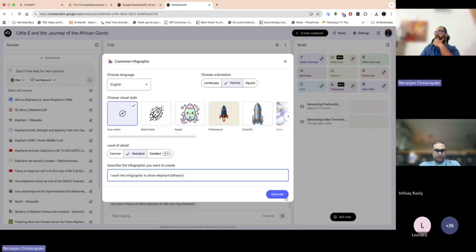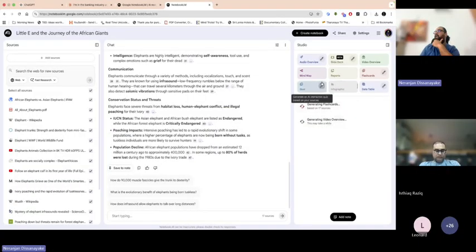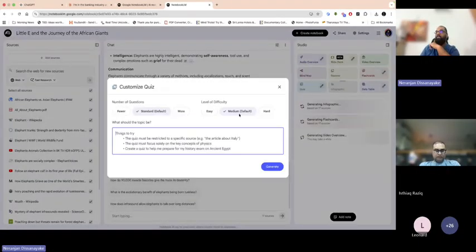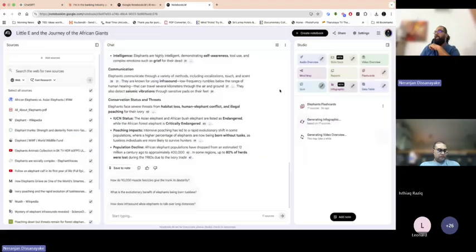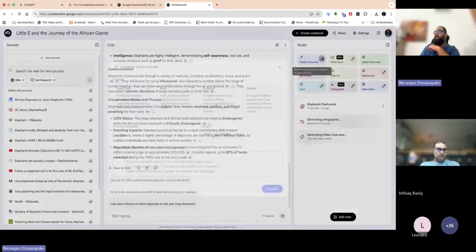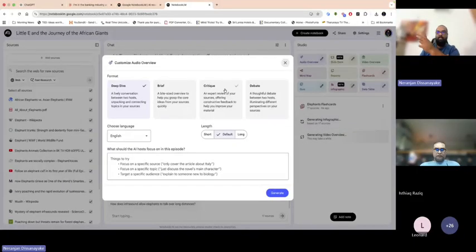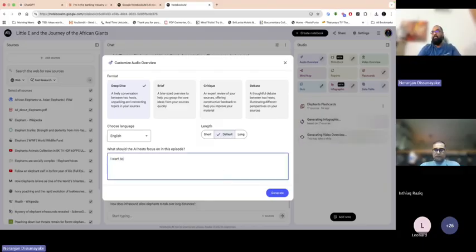Let's try generating that. And if you want to create a quiz to study, or if you want to create a quiz for someone else, you can do that as well. Number of questions you can select, the level of difficulty you can select. And if you want to create a video overview, like a podcast or something, you can create it like, let's say, I want to do a deep dive, default length. I want to have a podcast style